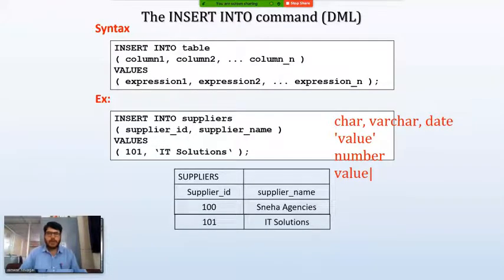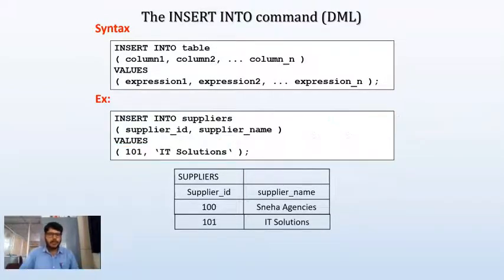So in this case you can observe, for supplier ID I am not specifying a single quotation here. You can observe here, I am not giving a single quotation for supplier ID, because supplier ID is a number. So that's why I can directly pass the value like this without using a single quotation. But for supplier name, which is accepting the character value here, I need to specify the value within a single quotation, as we did here. So this is how we need to execute the insert into statement.